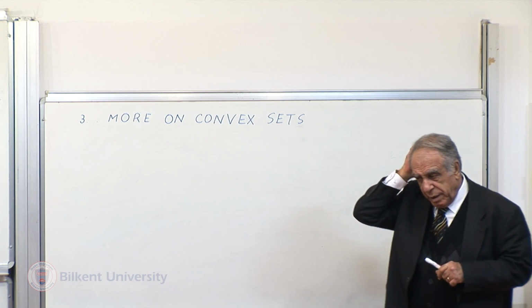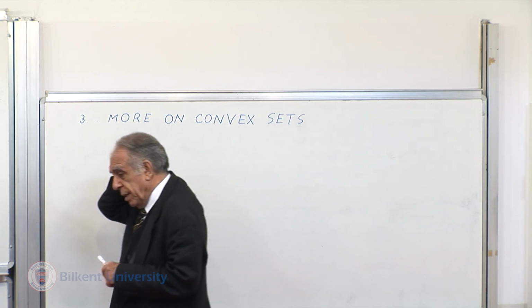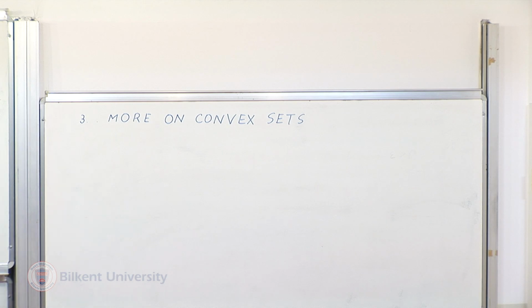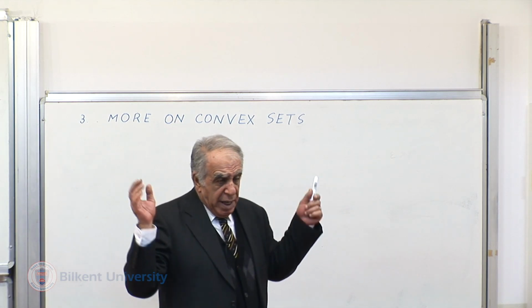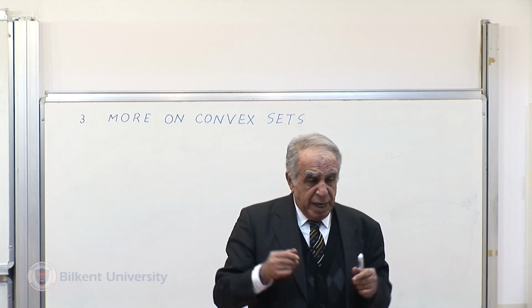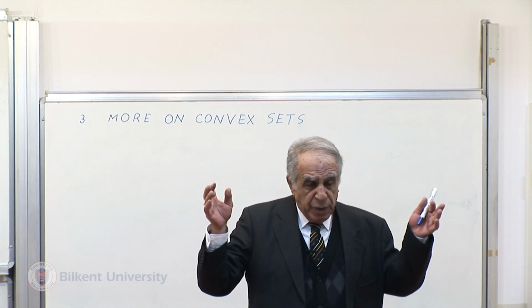Now, the first result that we will deal with is the following. We know the convex hull of a set, say X, is equal to C of X, which was the collection of all convex combinations of finitely many members from X. Okay, that's something constructive, that's useful, but in Rn, for example, if you take an infinite set, you will also